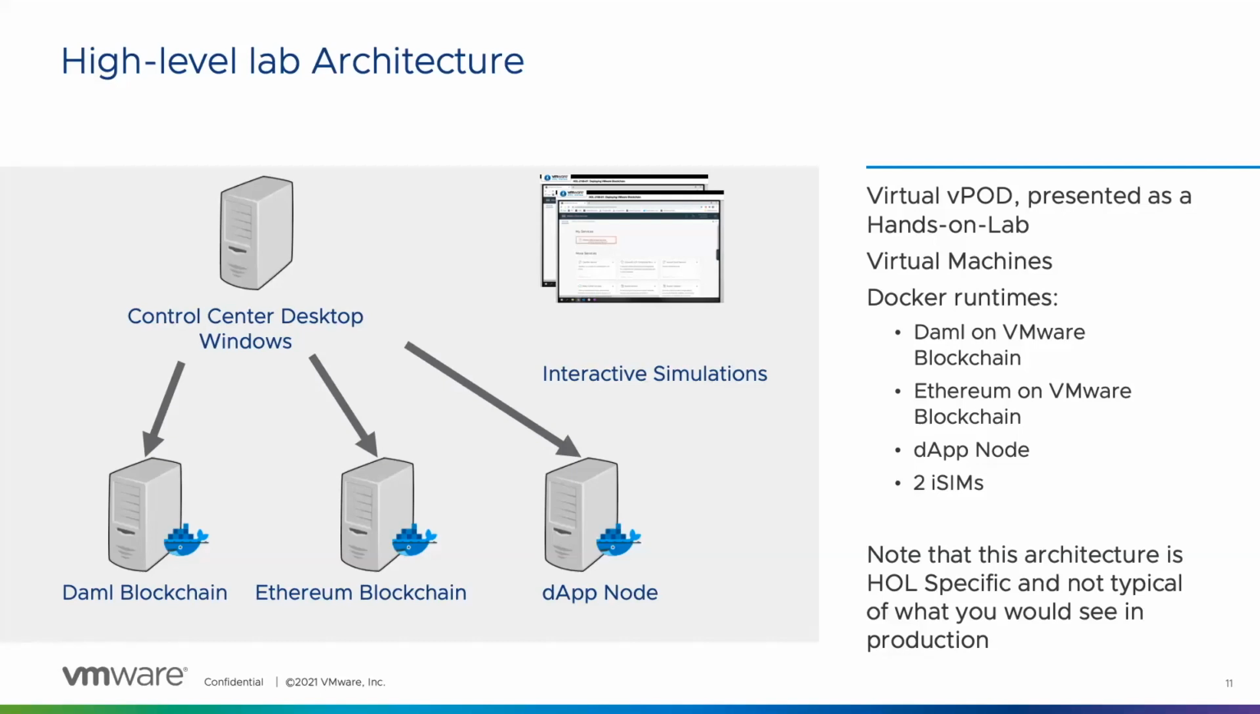We also have a distributed application node, or virtual machine, where we host these different sample applications, like supply chain for the Ethereum stack and some of the DAML IOU examples for the DAML module. There are also two interactive simulations in the lab which cover two of the modules, and they were created specifically to address the limitations of the hands-on lab platforms. We don't have unlimited resources. So therefore, we use iSIMs to demonstrate deployment capabilities, but also operational management capabilities using things like Tanzu Observability and VMware's Log Insight